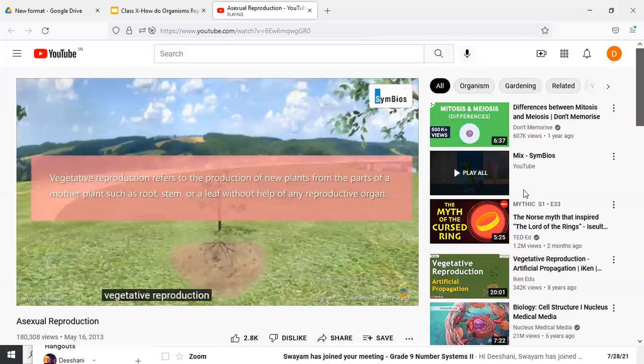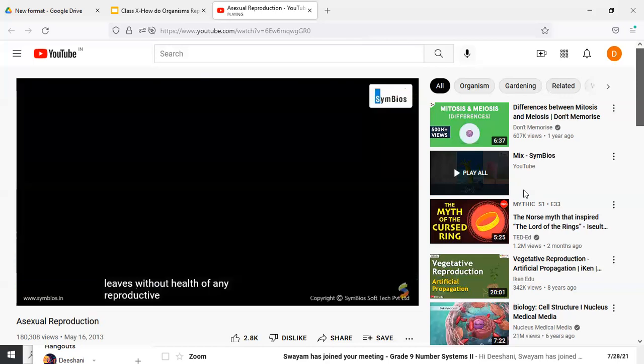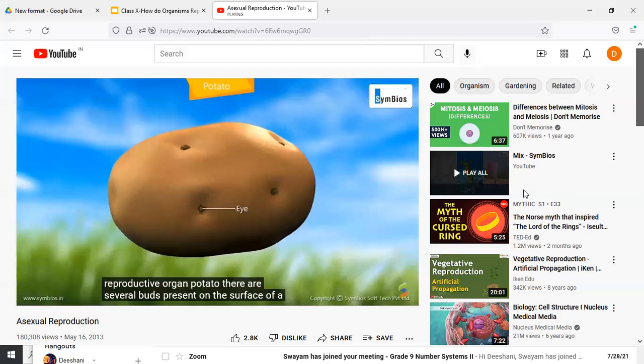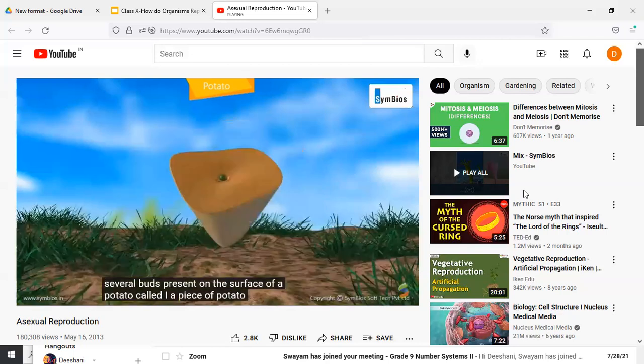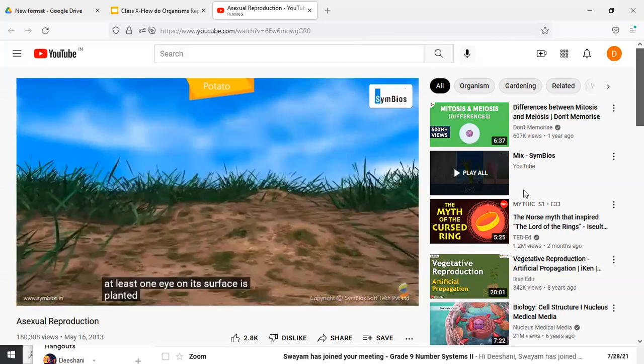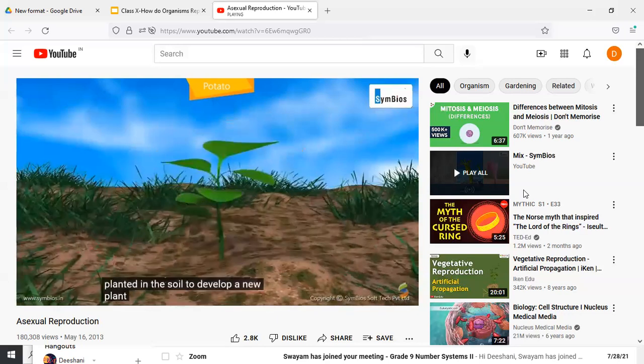Vegetative reproduction refers to the production of new plants from parts of the mother plant, such as roots, stems, or leaves, without help of any reproductive organ. Potato. There are several buds present on the surface of a potato called eye. A piece of potato with at least one eye on its surface is planted in the soil to develop a